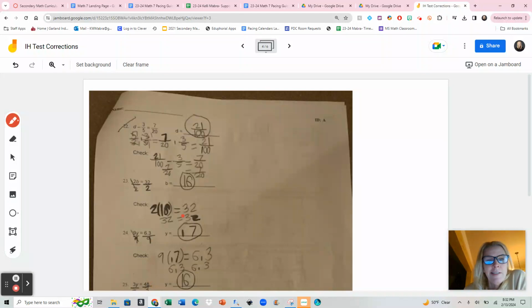All right, number 22. You made the same mistake by using the reciprocal here, but honestly, this is a nasty equation. It's got a lot of steps that we're going to have to look at. So we have D minus 3/5 is equal to 7/20. The first thing I'm going to do is draw that line up,